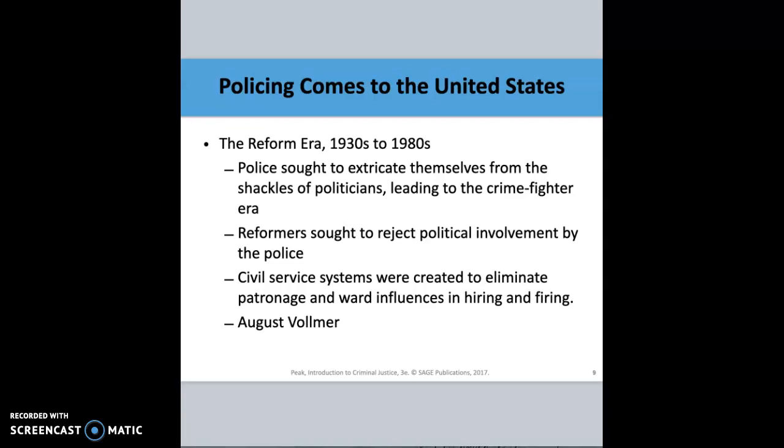And then we began to see some profound leaders in criminal justice, specifically in law enforcement, such as August Vollmer, who ended up being the police chief in Berkeley, California, who began this whole idea of professionalizing police, having educated police officers, the use of technology to help solve crime. The idea of separating, if you will, police from politicians, and at the same time separating the police from the public to reduce that type of influence, not only from the politicians, but also from the public as well, because people thought the public was also corrupt in the fact that they tried to bribe police and those type of things. So we had the reform era.